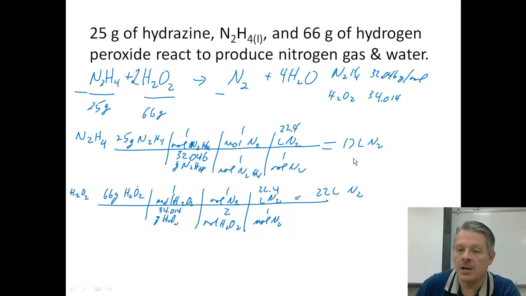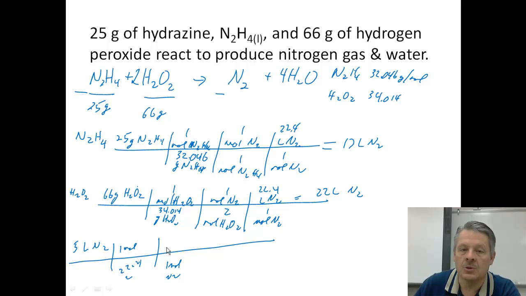If we subtract those, clearly we're going to have 5 liters left over. So we have 5 liters of N2 left over, and we're going to convert that back by using 22.4 liters of N2, and we're going to moles, and 1 mole of N2